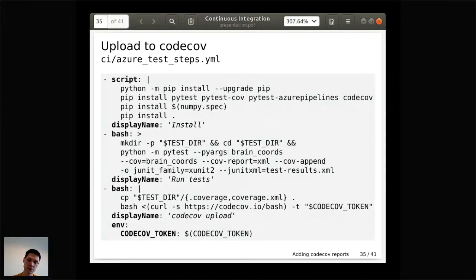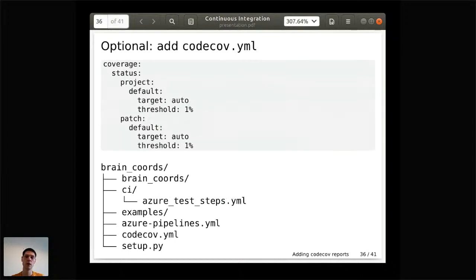One thing we must do is that by default, Azure will not make the secret variables available as environment variables. So here in the env section, we have to explicitly tell it to map our secret variable to an environment variable. Once we have done this, we can also optionally add a codecov YAML configuration file to change the